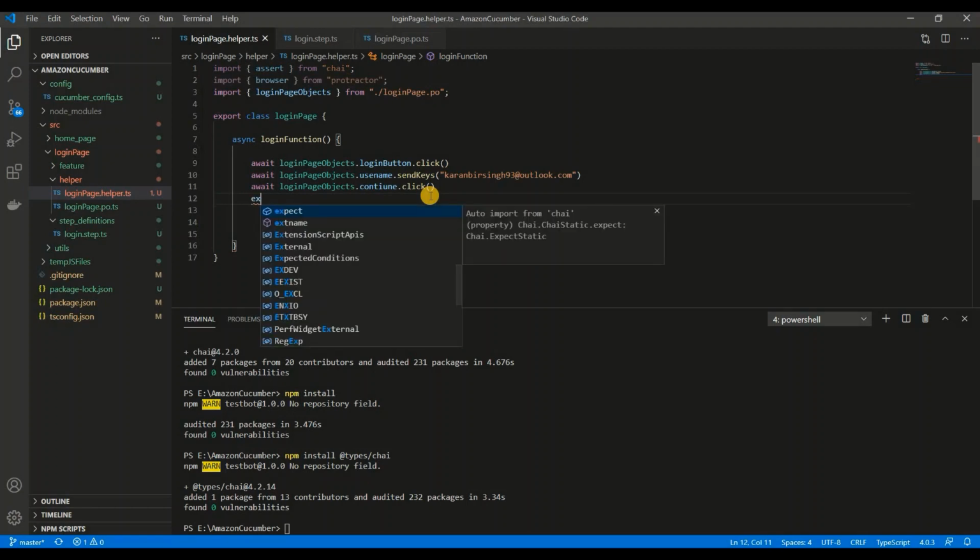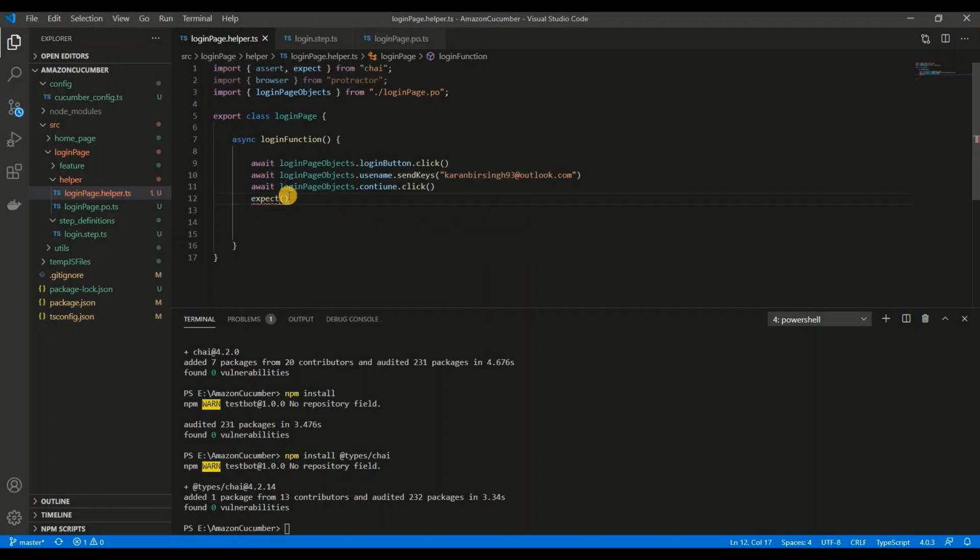Now let's just try expect. As soon as we write expect, it says auto import from chai static expect is a function. Now if I do this, you can see all and any, changes to, close to, contains, decreases, decrease, deep, empty, equal, equals, exist. So I can say expect this dot maybe equals dot